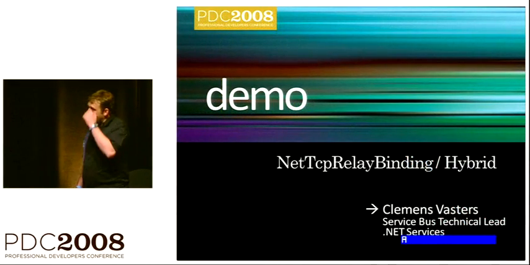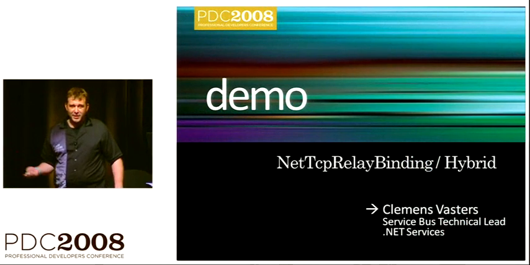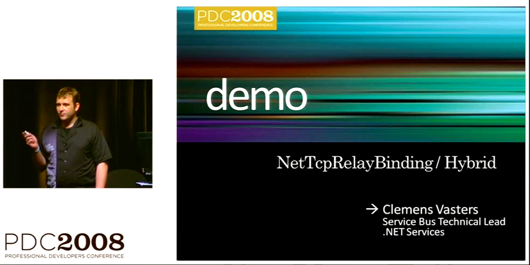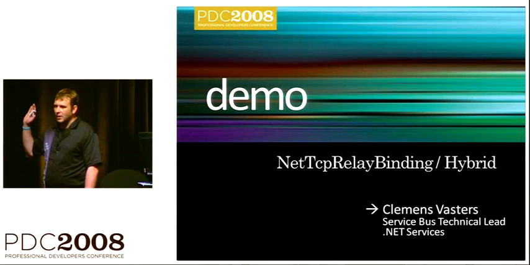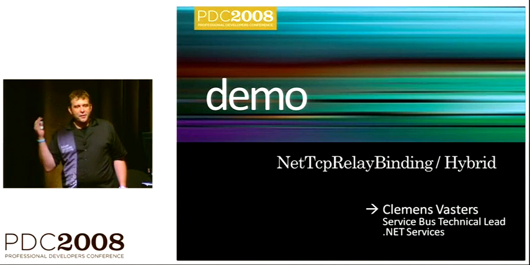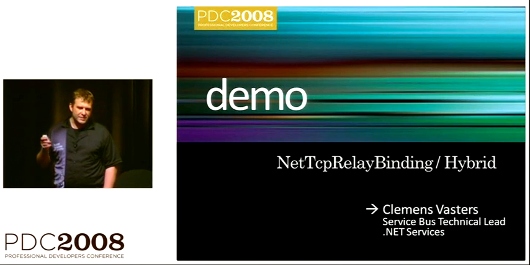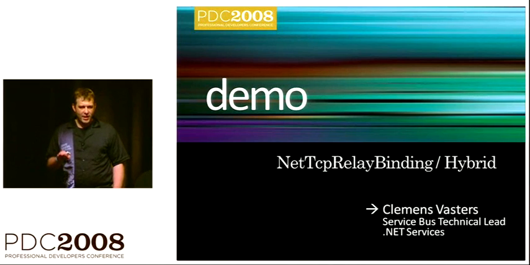So that was the hybrid NetTCP relay binding. This is one of our flagship bindings, and we're pretty proud of it. Making this work is, as said, a little bit of a gamble. Our success rates are surprisingly high, but if it fails to upgrade at some point, you still have the relay connection. A thing that we're going to give you in addition to this, in one of the next milestones, is you can basically constrain it completely to direct.